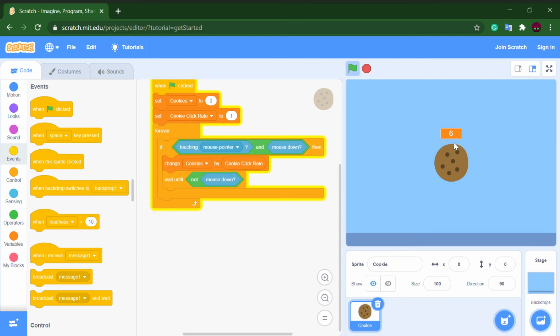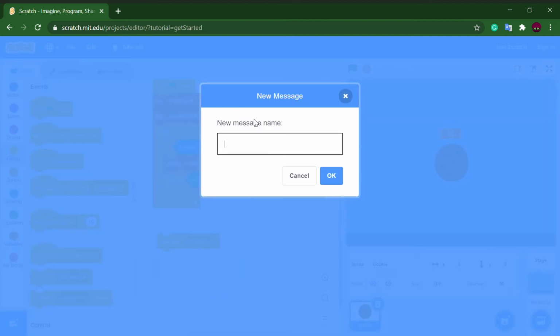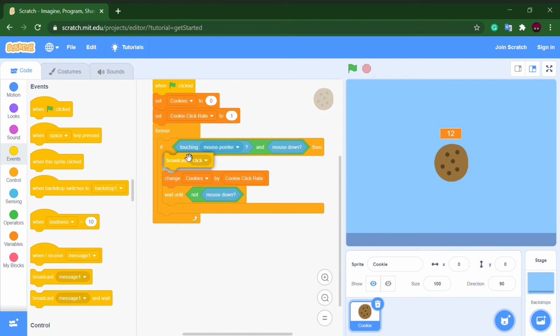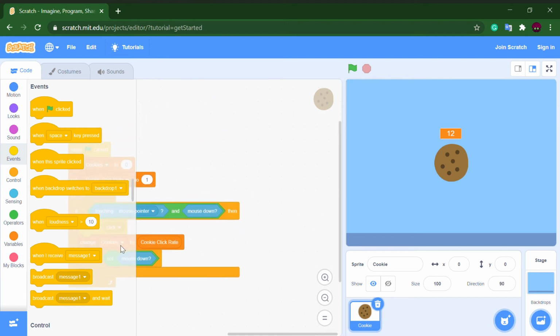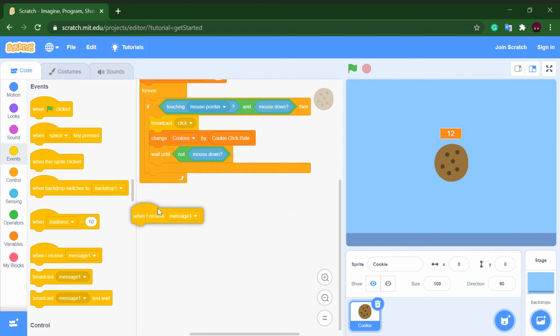So just now, when you click the cookie, it really looks so lame. There is no animation when you click it. So let's add an animation by broadcast, not message one. You can do that, but let's just make a new message and call it click. And we'll put this here. Now we want to define the message. When I receive click,